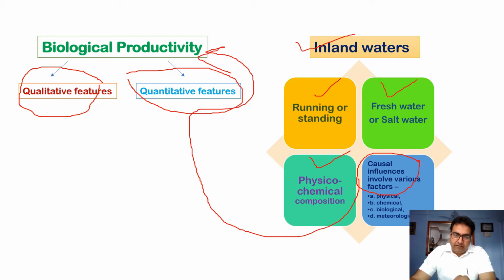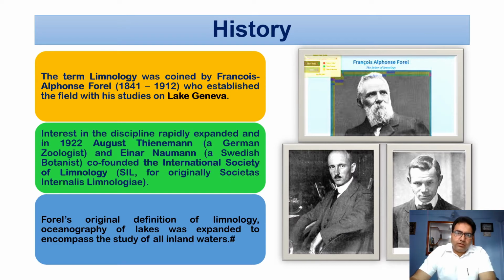So, according to the definition of Welch, it is the biological productivity and all those causal influences which make an impact. So this study is all about the biological productivity of the inland water bodies, whether running or standing, fresh or salt water, and their physicochemical composition and all the causal influences which involve various factors, whether physical, chemical, biological or meteorological. Now let us talk about the history of limnology, how this subject came